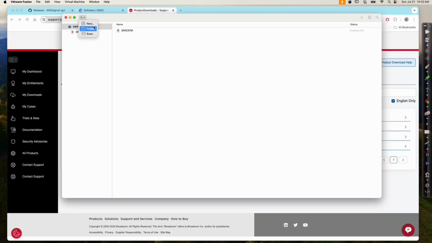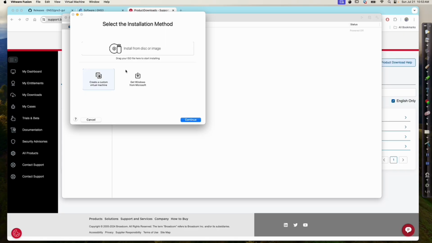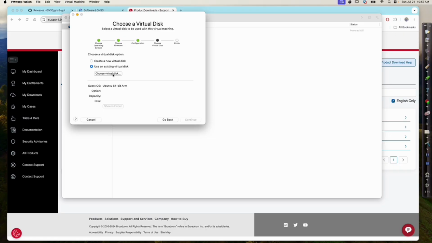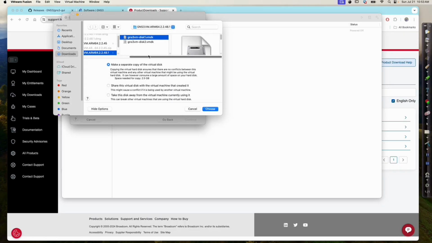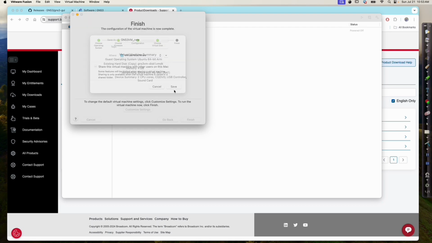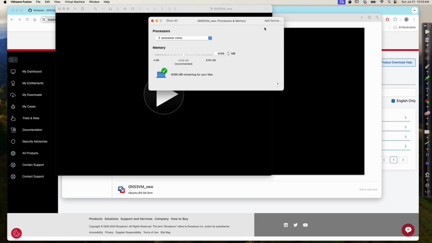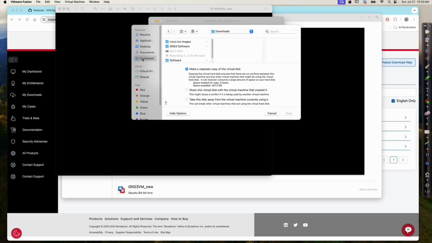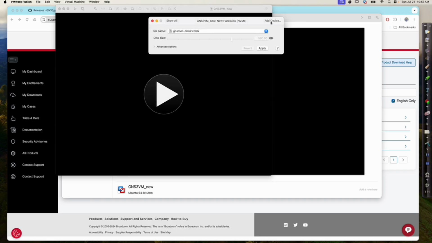So let's go ahead and click on the add button, click on new, click on create a custom virtual machine, continue, use Ubuntu 64-bit ARM, then use an existing virtual disk, try to show disk 1, click on choose, click on continue, then click on customize settings, and try to rename your VM. For me, I'm writing GNS3 VM_new, click on save, then click on processors and memory, click on add device once more, click on existing hard disk, click on add, then from the downloads section you can go to your downloaded version and point out your disk number 2,